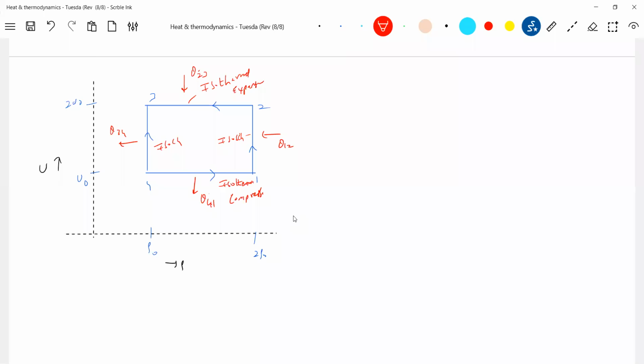I want the efficiency. So what are you going to do now? Later on we'll go for the equivalent graph. For efficiency, rather than work done, we will calculate all Q positive and Q negative, where all heat is absorbed and where all it is rejected. So let me directly calculate Q positive, which is equal to Q12 plus Q23. In an isochoric process, what is Q equal to? Q equal to delta U, you know, straight away. Finish your problem.